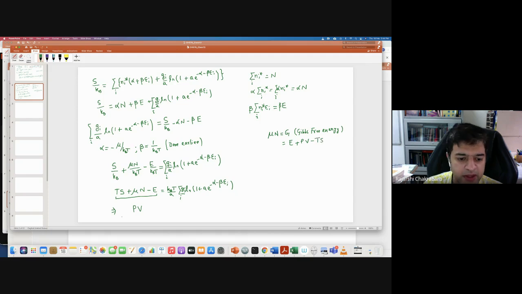From there I can write that PV equals k_B T by a, sum over i, g_i ln(1 + a). And this is actually what is known as the equation of state